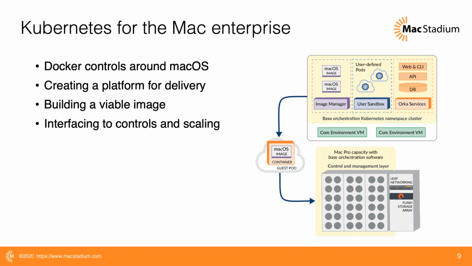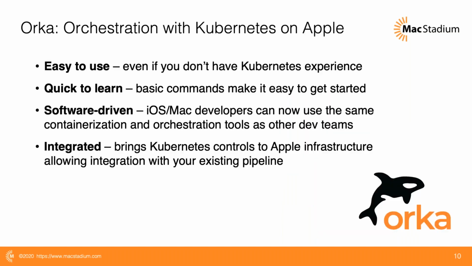So the image you have here on the slide is basically showing you a logical view of this Kubernetes infrastructure. There's basically Mac capacity attached to flash storage and networking. Those constitute the hardware layer. The hardware layer is then abstracted with Kubernetes, and then Kubernetes is further abstracted with a control system that orchestrates your macOS build and your macOS images. And we call this Orka, Orchestration with Kubernetes on